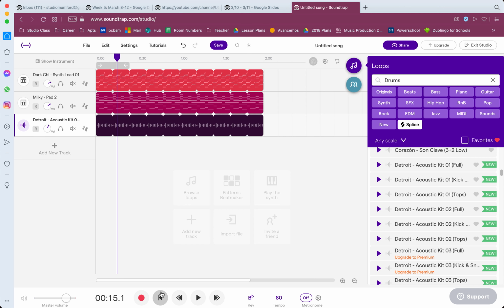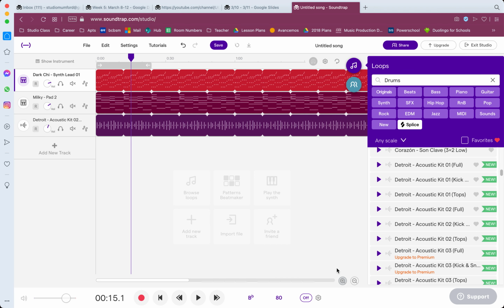So what I'm going to do to make this sound better is add some solos to it. And I can use any instrument I want to make a solo. If I want, I can take these two and move them back a little bit. I'm going to zoom in some more so I can see. Sometimes when you zoom in, you can have a little bit more control over where you drag your beat to. And just like that, the drum is going to be the only thing playing at first. So when I play it now,